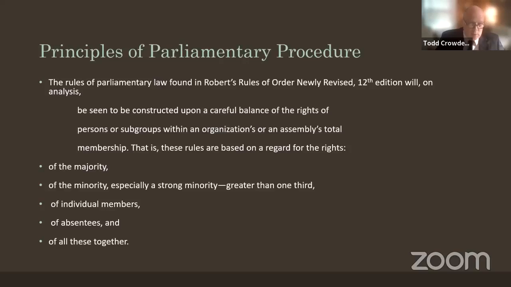Occasionally, the fundamental principles, which have no order of precedence, may seem to conflict with one another. Often, this is the case. The parliamentary authority will provide a specific rule to resolve the conflict. An example of that is when the majority, which has the right to decide matters, wishes to end debate, while the minority wants full and free discussion. The book will resolve the principles by telling you a two-thirds vote will close debate. Some of the most important principles of parliamentary procedure are given.